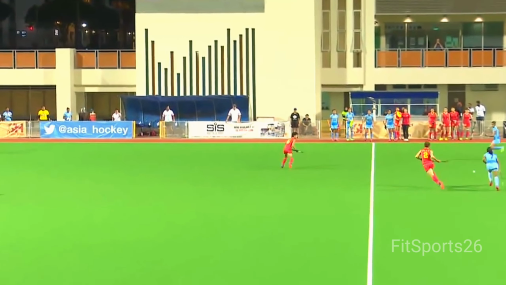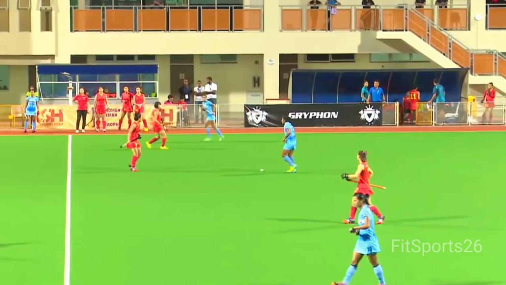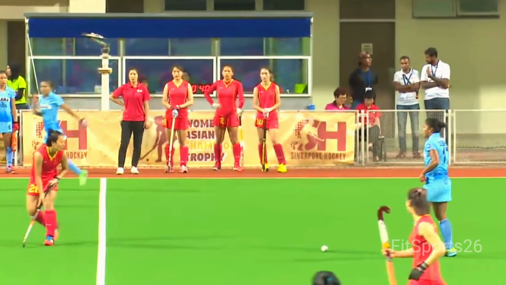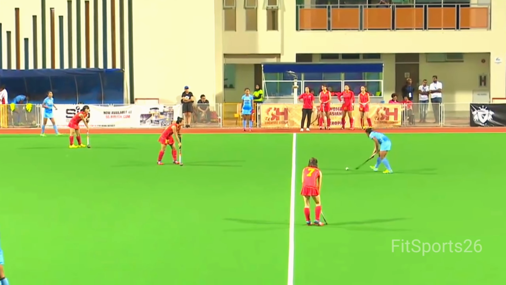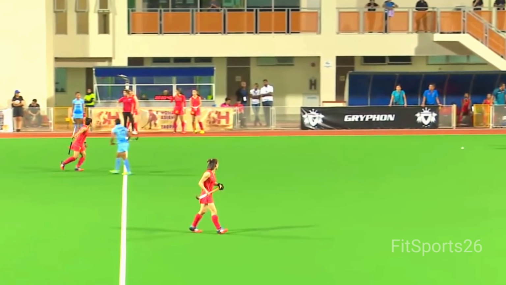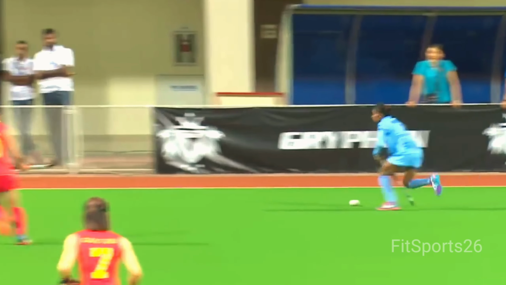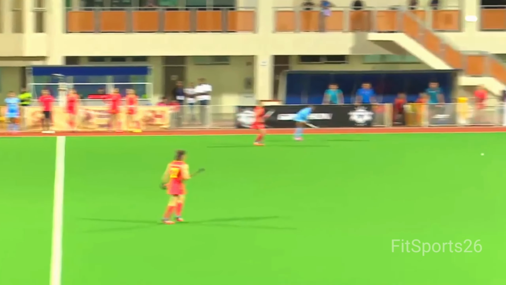Chinrong looks for Yuan Ming. Still Yuan Ming, but she fumbles with the ball. A little clumsy at that point in time, and it's turned over to India. Score remains at 1-0 for India, with China chasing for the equalizer. So far we've seen 2 penalty corners from India, one of which resulted in a goal, and China with 3 consecutive penalty corners, not getting any goals from them.